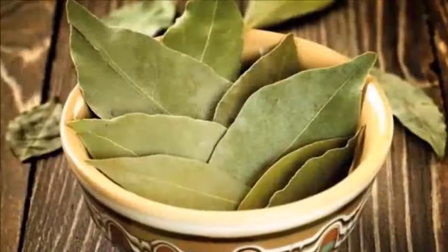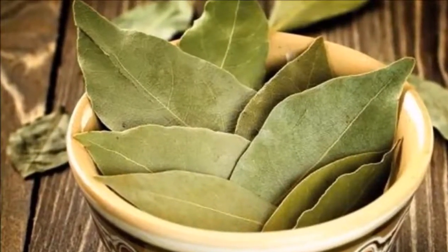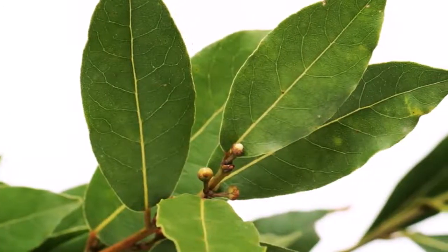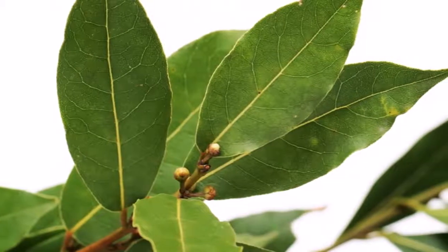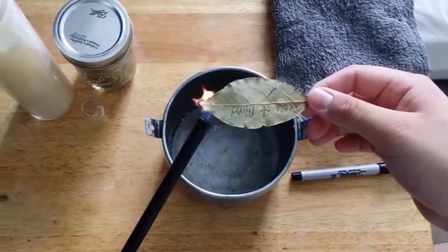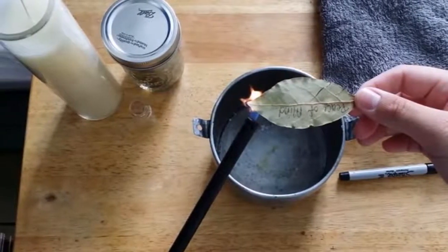Burn some bay leaves in your house, and this will happen in just 10 minutes. Amazing! This herb, so famous, will help you to relax instantly and get rid of tension, anxiety, stress and fatigue. Today, this ingredient is used in horticulture, in the kitchen as a spice and in folk medicine as a medicinal